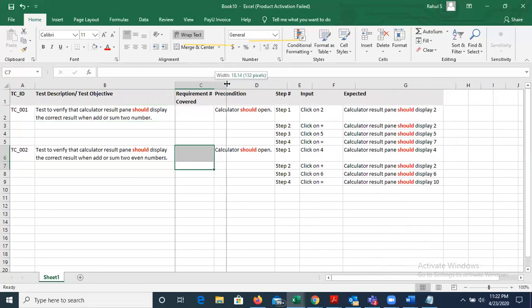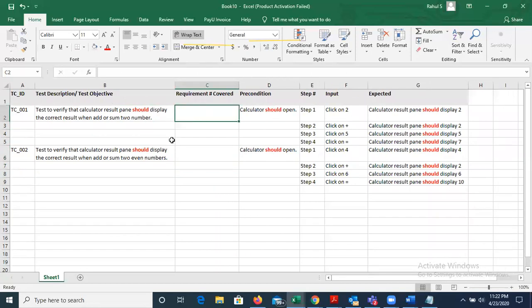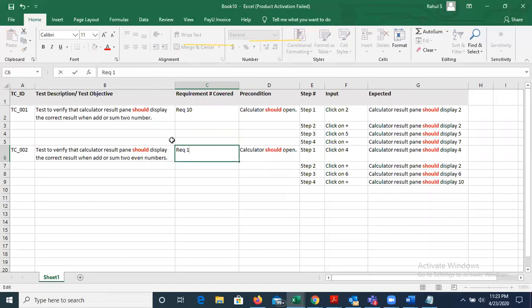So here I can write, let's say this is my requirement number 10. So I will write 10, and this is also requirement number 10 because we are going to validate the sum of two numbers.